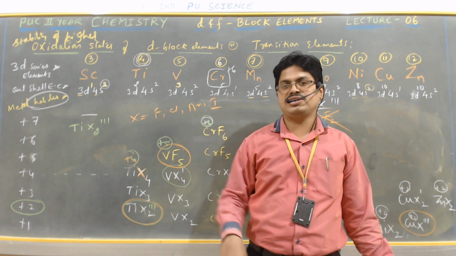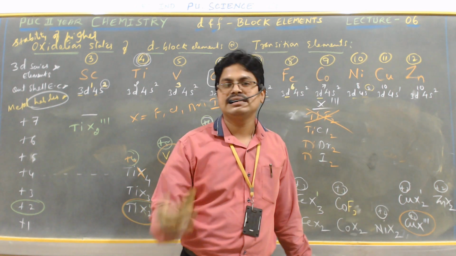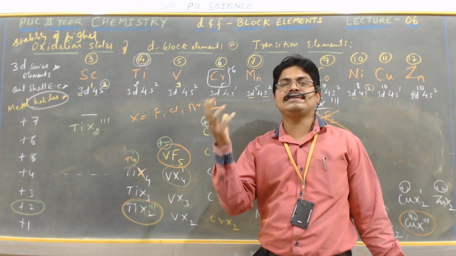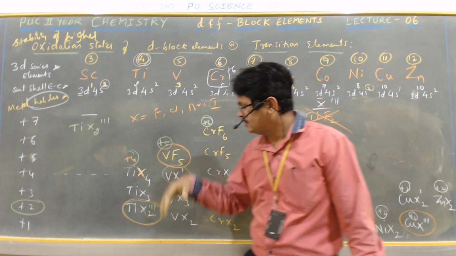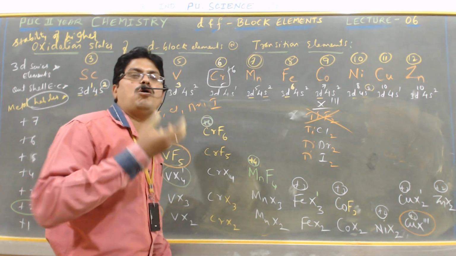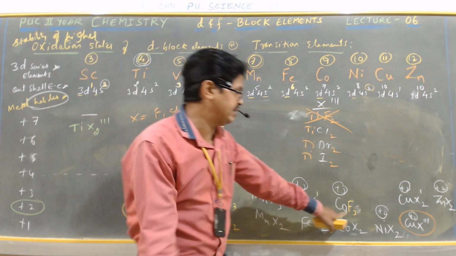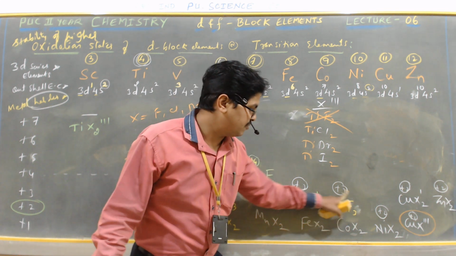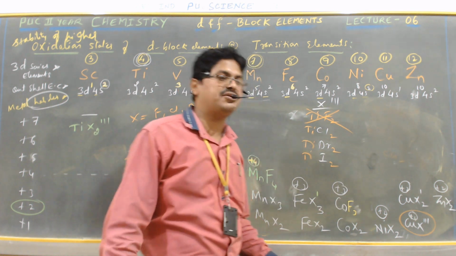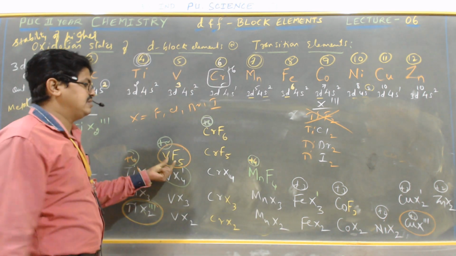In the higher oxidation state, fluorine is stabilized because of high lattice enthalpy. It depends on the high lattice energy of that compound's crystal. Otherwise, high bond enthalpy. Because of high bond enthalpy, fluorine is stabilized in the higher oxidation state. For example, you can take cobalt trifluoride also. Here also fluorine is stabilized because of the high lattice enthalpy of CoF3, cobalt trifluoride. Similarly, in vanadium only the pentafluoride is stable.